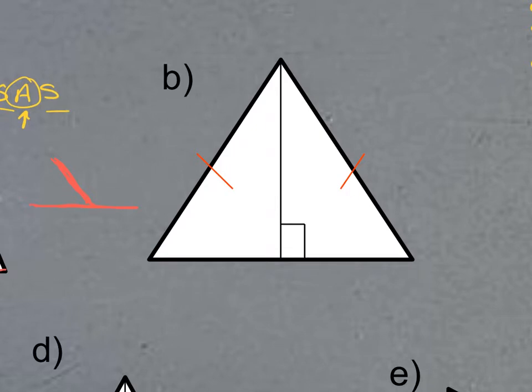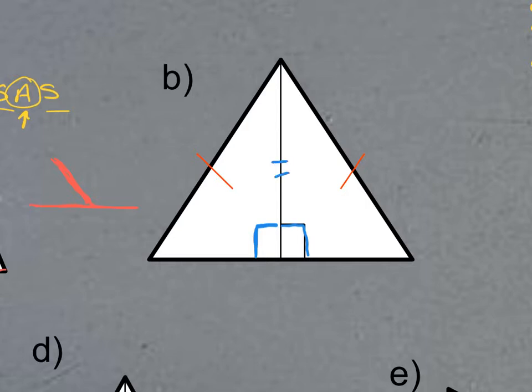All right, so we get to this one. Let's see what we've got. Yes, ma'am. Okay, this one's HL because it's two right triangles, because it's automatically 90. And the hypotenuse is the same on both, and they share a line. That's what I was looking for her to say there. So first of all, I'm glad, because a lot of times people look at it and they go, wait a minute, is this